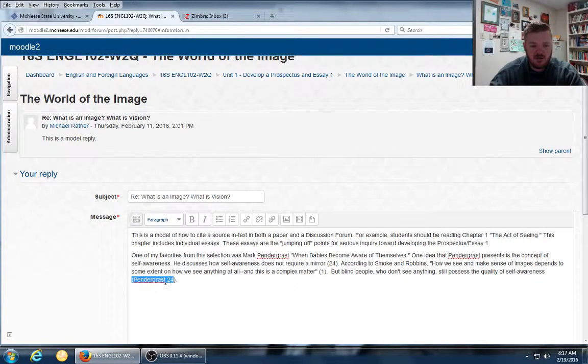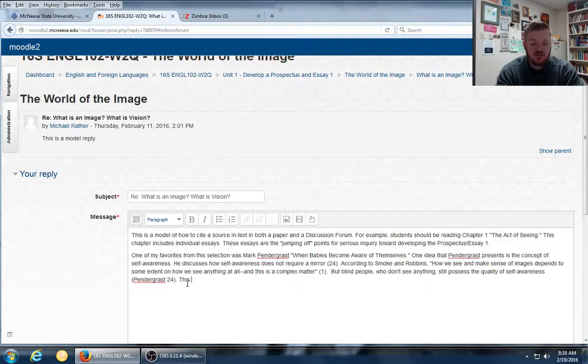right here. Notice there's no comma between his name and the page number. Very, very important. We don't do this. But because his name does not appear anywhere in this paraphrase, I have to put it in the parenthetical because that idea is not original to me. That idea appears on page 24 of the readings. So